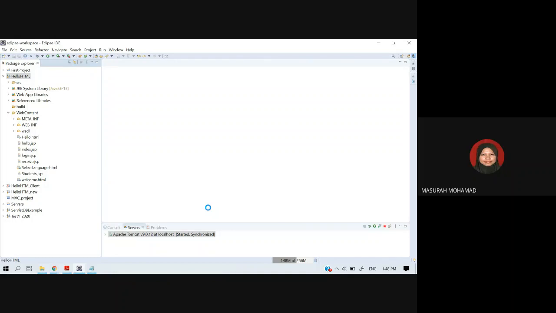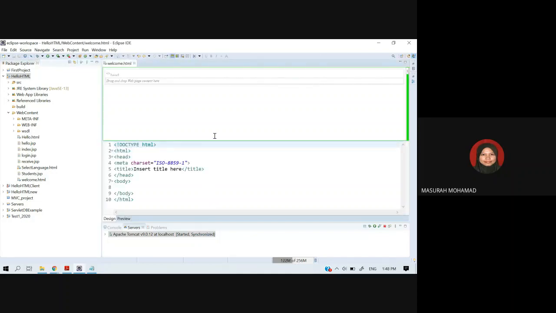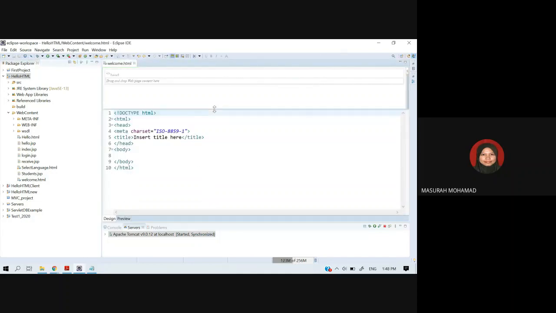Wait for Eclipse to create the HTML for you. Then after that, we will include the code inside the HTML file. So for example, in this case, we want to add two input text fields, type text, to test whether the JSP can retrieve the value from these two texts or not. Okay, so just insert any title here,